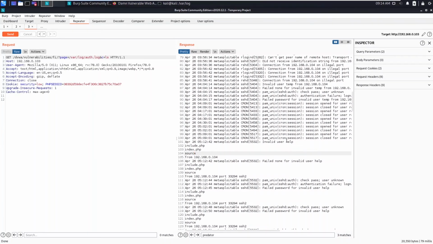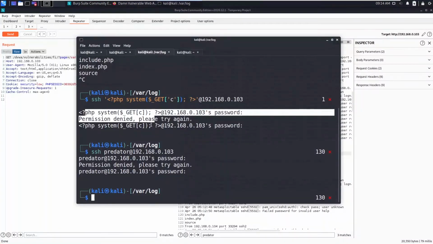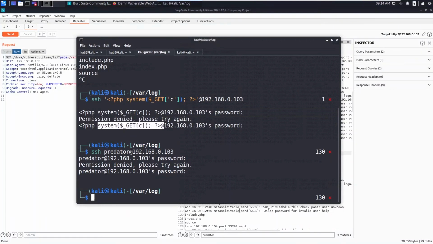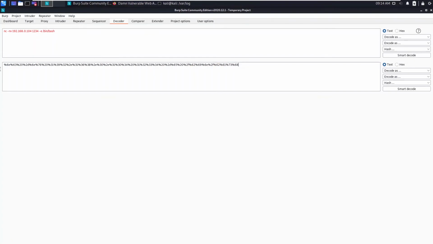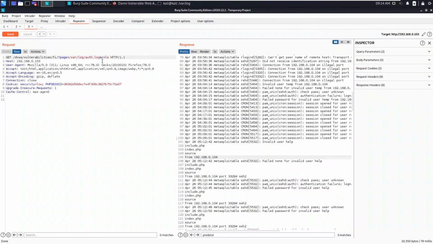This user has been repeating a few times in the few lines. So instead of that username, this command output has been placed. You can see here the file names. If you delete this, you can normally assume invalid user predator from this IP address. So now you can simply go to the decoder and copy the same reversal and paste it in here instead of ls.